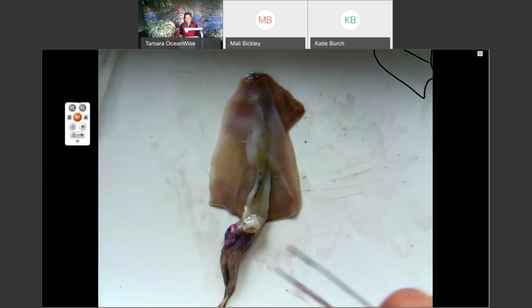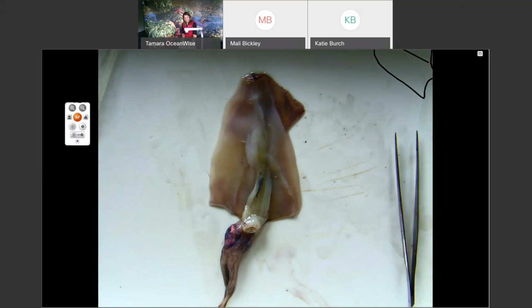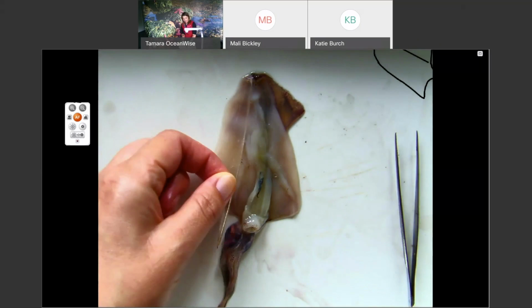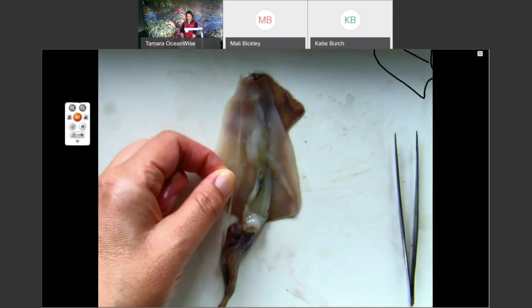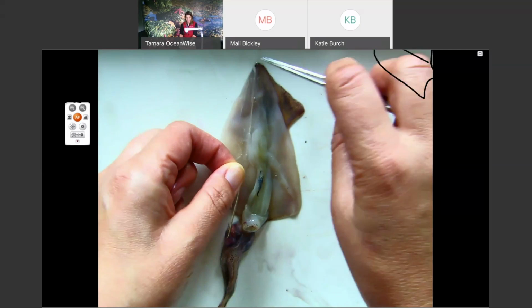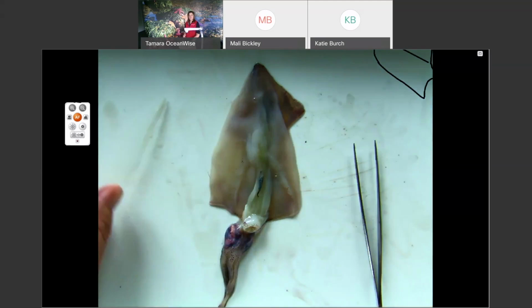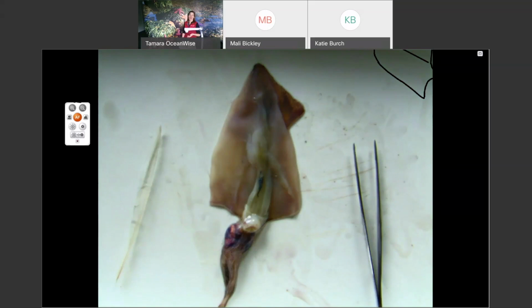And Lily asked why it was so long. Oh, what a great question, Lily. Why it's so long is if we look at the length of the mantle of the squid, it's the whole length from the very tip of the mantle to the bottom of the siphon. And what that does is that provides stability for the animal when it's swimming. If that pen was only half the size, each time the squid shot water out of its siphon to push itself through the water,